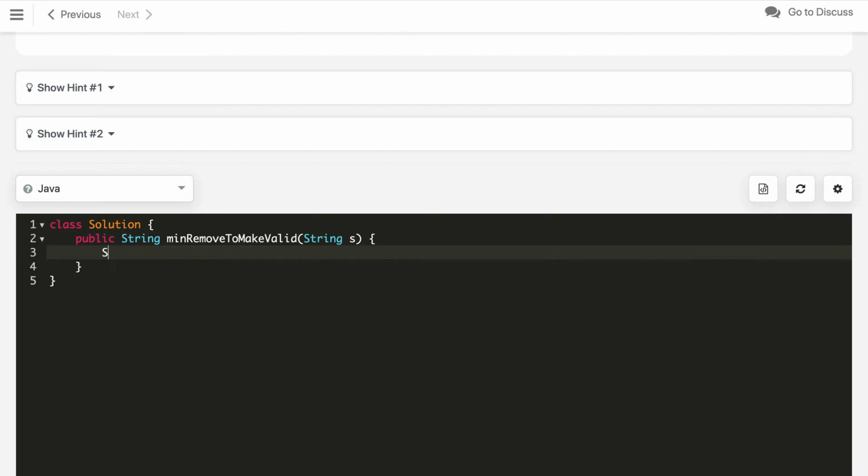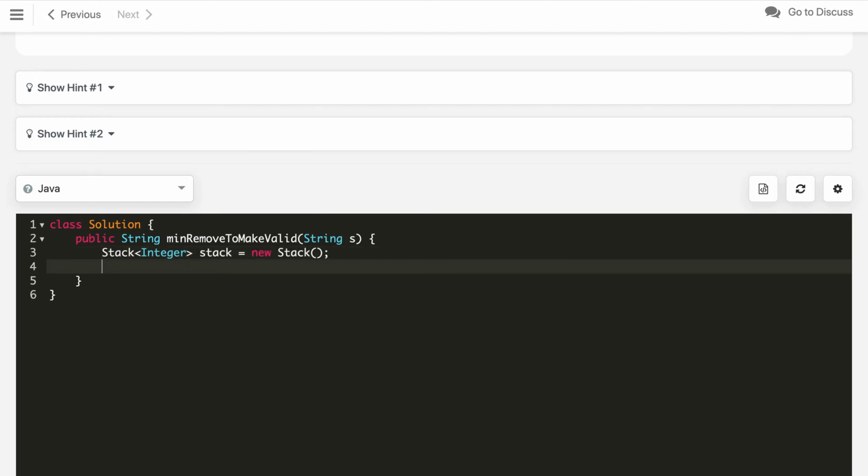For the coding part we will take a stack of integers here, just because we are noting the indices of open parentheses in our string characters. Let us call it stack and initialize it. Now, what we will do is create a character array ch, from string to char array.